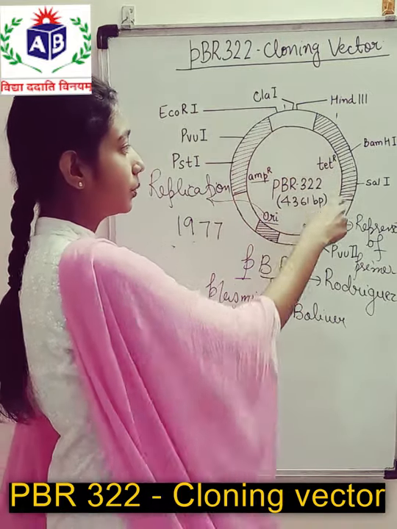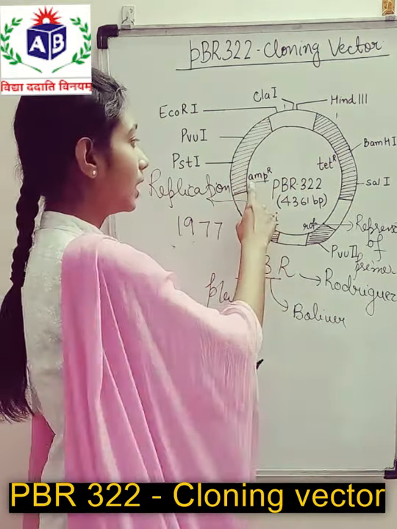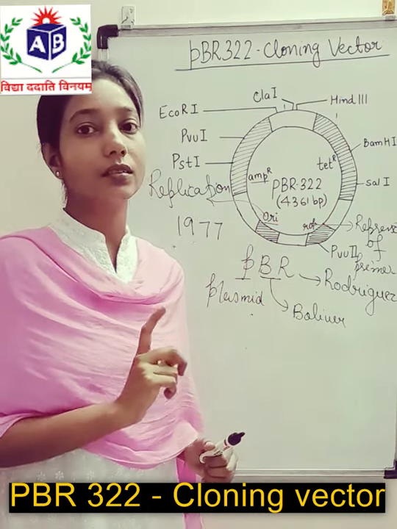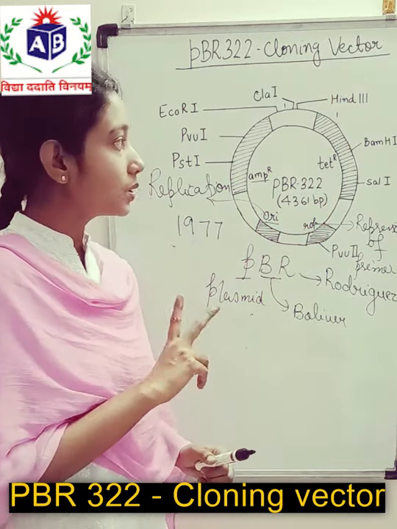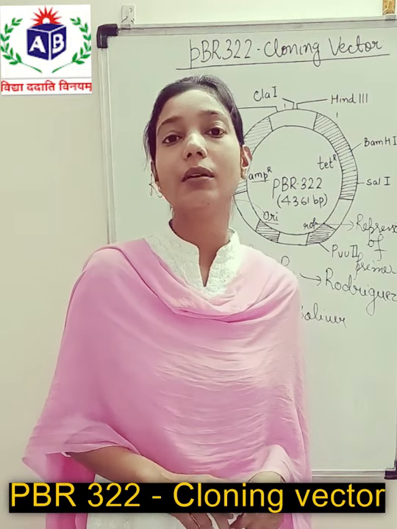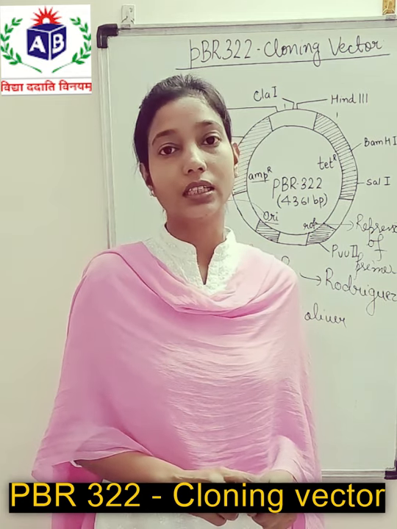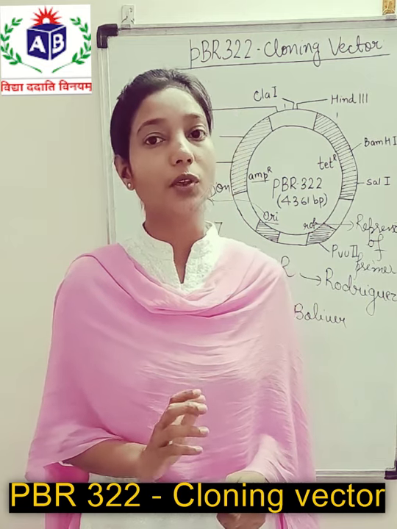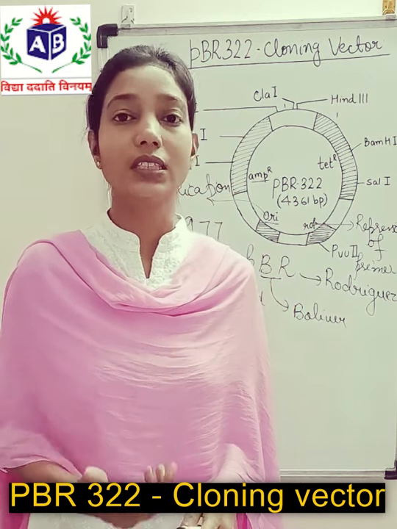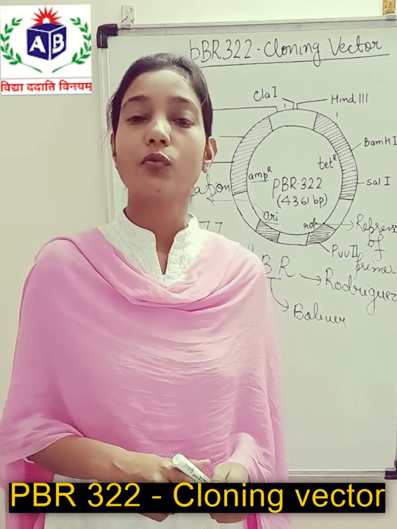Now the third important component present in this particular plasmid is the selective markers. In pBR322, two selective markers are present. One is AmpR, the ampicillin resistance gene, and the second is TetR, the tetracycline resistance gene. Both these sequences are responsible for providing antibiotic resistance to bacteria, and these are usually used for selecting and eliminating non-transformant cells from transformant cells, meaning those cells which have received the recombinant plasmid from those which have not received the plasmid.